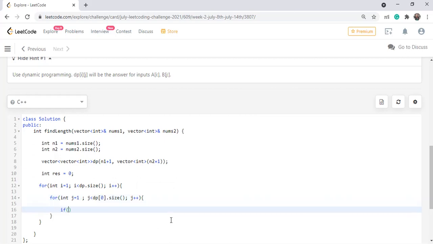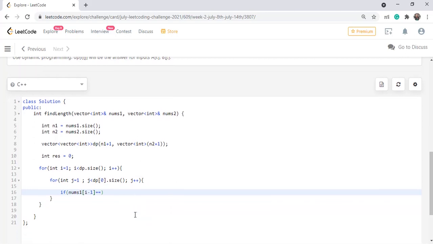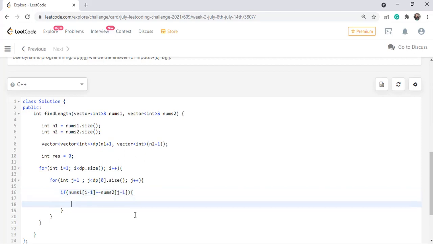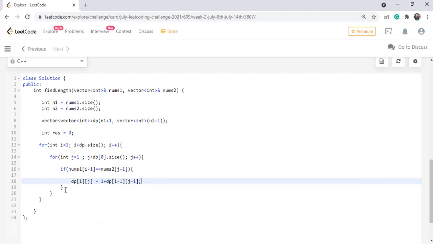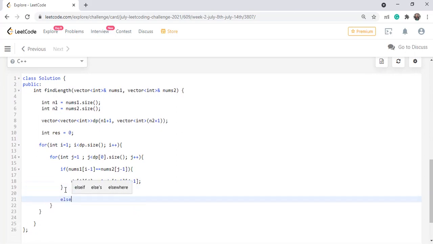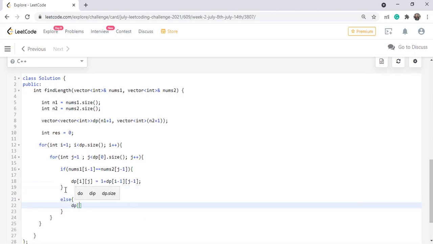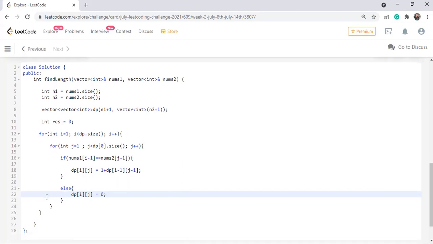Here you have to compare: if nums1 of i minus 1 equals nums2 of j minus 1, then we simply store dp of ij equal to 1 plus dp of i minus 1, j minus 1. And if this is not the case, simply store 0, so dp of ij equal to 0.